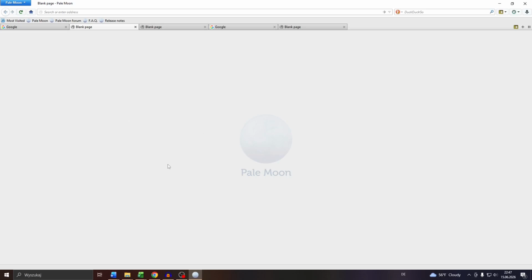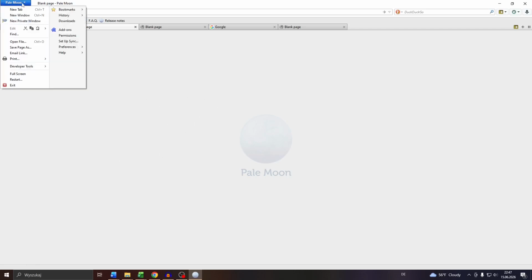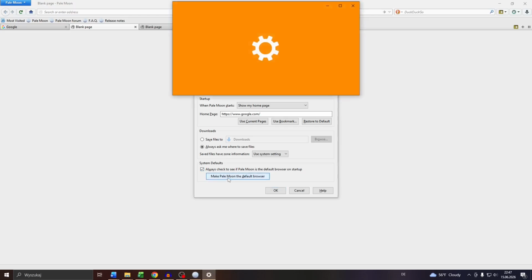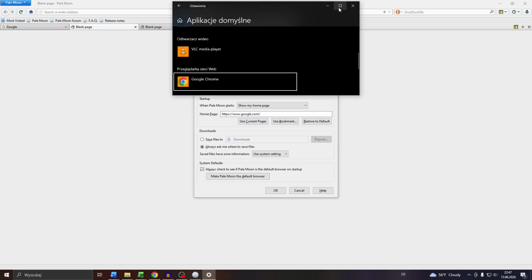So guys, launch the Pale Moon browser. Once we have downloaded and installed it, what you want to do is launch it, click into this button in the top left, hover your mouse over Preferences here and click into Preferences again. Next click into General and at the very bottom you will see the System Defaults. Click into Make Pale Moon the default browser. That is going to redirect you to this menu of your